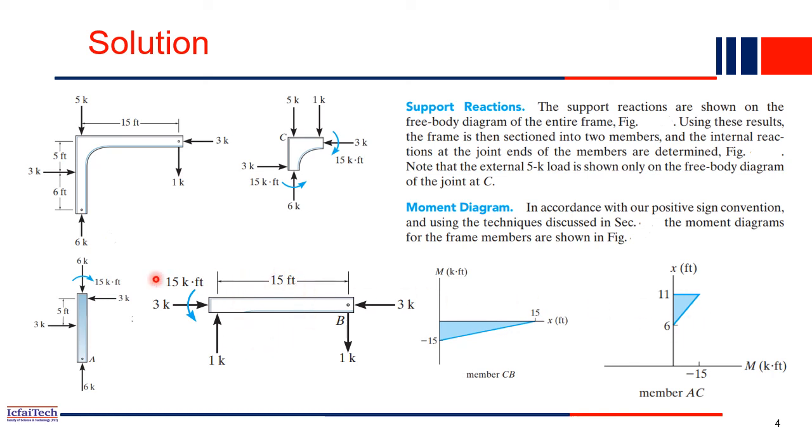Now what about the moment diagram for this column? This column we already computed here. How much is the moment here? It is a roller support, right? A is a roller, so the moment should be equal to 0. No moment is generated up to this point. After you cross 3k, the moment will be gradually generated. At this 3k it is also 0, but as you go gradually up, the moment increases, and when you reach this point the moment is 3 into 5, 15. So when you reach this point you have the moment 15. This height is 15, here it is 0. So this is also a triangular diagram.